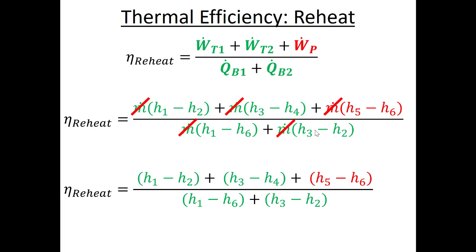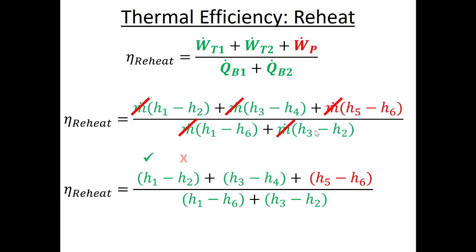So now in some ways it feels worse because I added more terms, and a lot of these terms I don't know. But this is kind of always the state we want to get to in thermodynamics, because if I can fix all of the states in my problem, then I'm going to have one equation, and the only unknown will be the thermal efficiency. So let's work through this and see if we can get this, right?